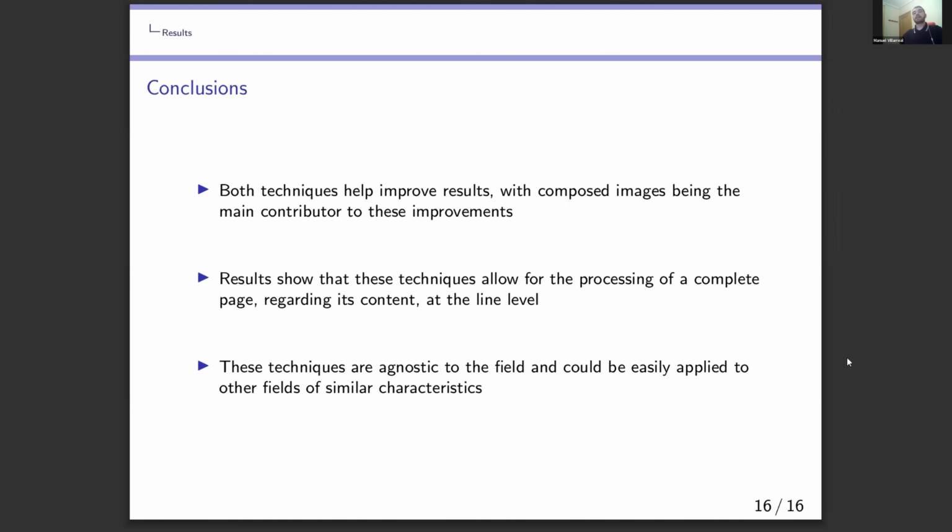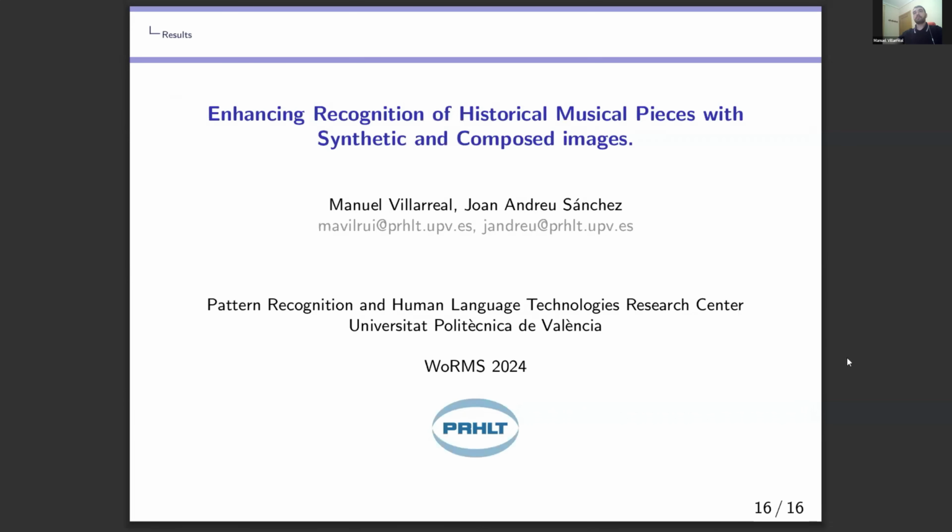Additionally, these techniques are agnostic to the field, and it's really easy to see how you could apply techniques like this to a different field. That's within the character recognition paradigm. And this is the work